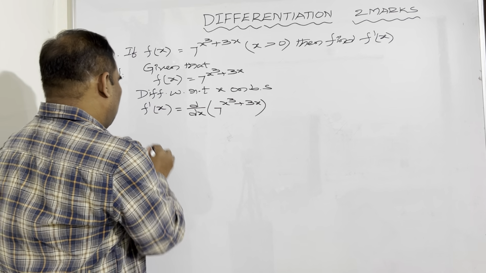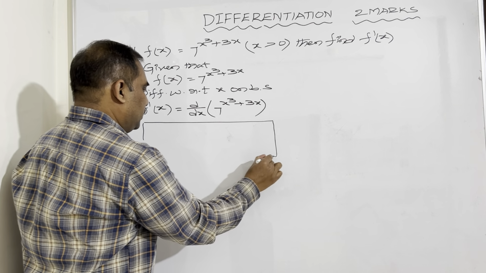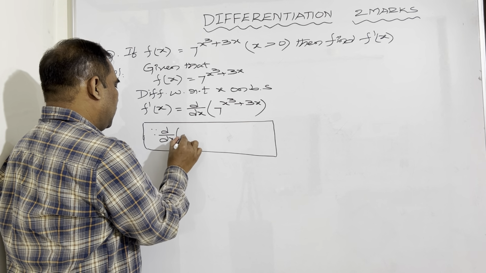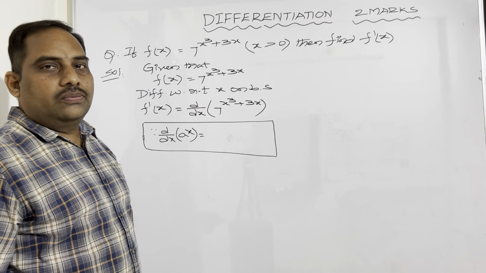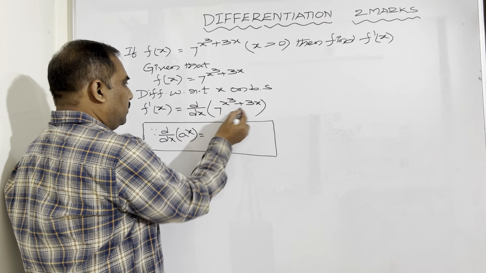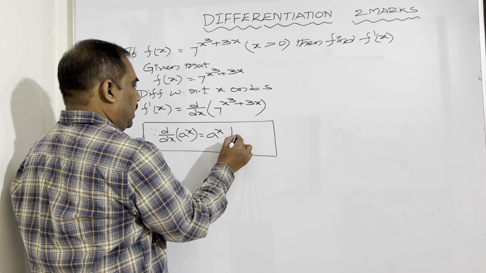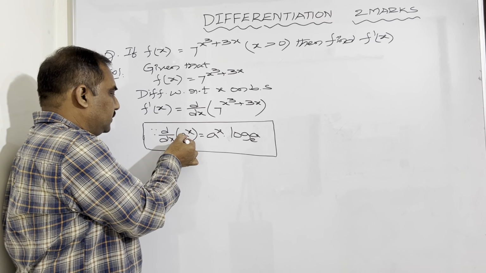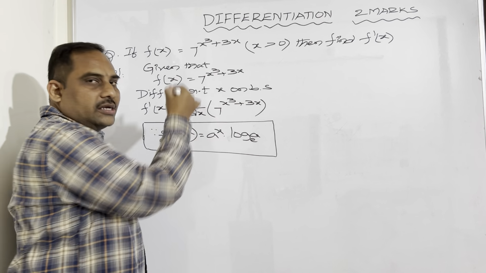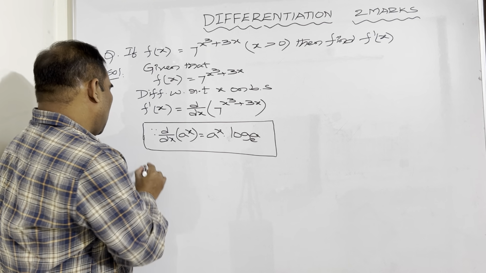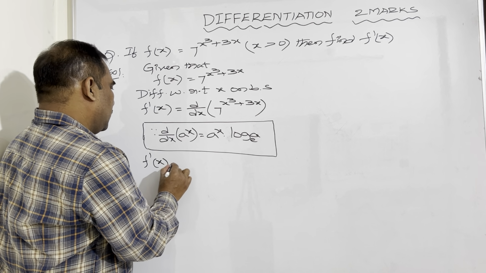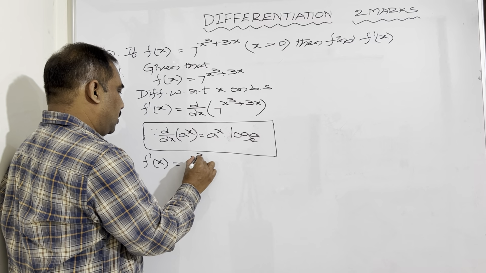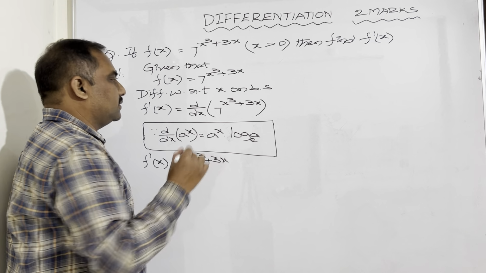So now here if you observe the right hand side, which is in the form of a to the power of x. We know that the derivative of a to the power of x is a to the power of x into log a base e. So here what is a? a is 7 and x is the complete x cube plus 3x. So now f dash x is equal to, applying this formula, a to the power of x means 7 to the power of x cube plus 3x,